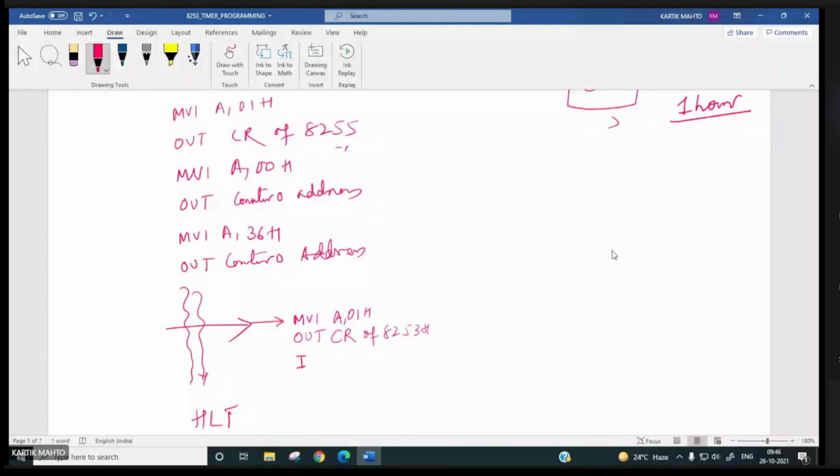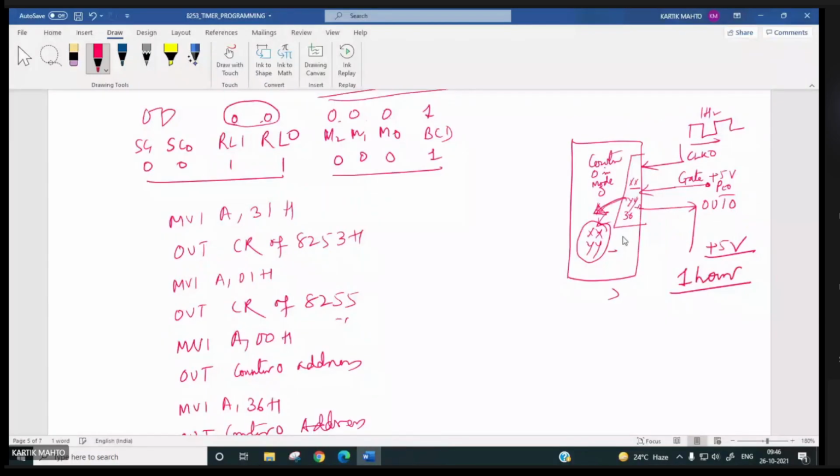How to read? You have to input from the counter 0 address. Now suppose this is XXYY. Earlier we put 3600, so YY is the higher byte.